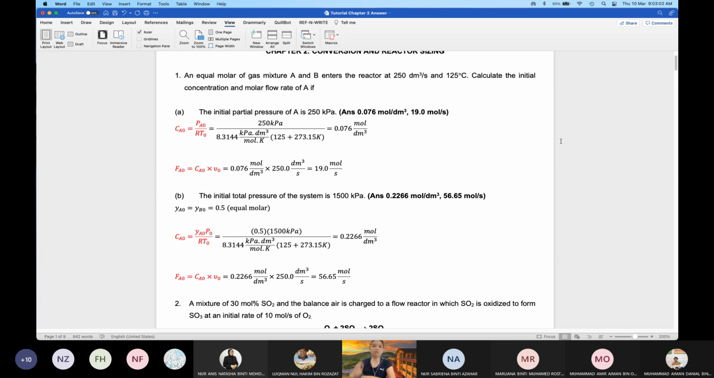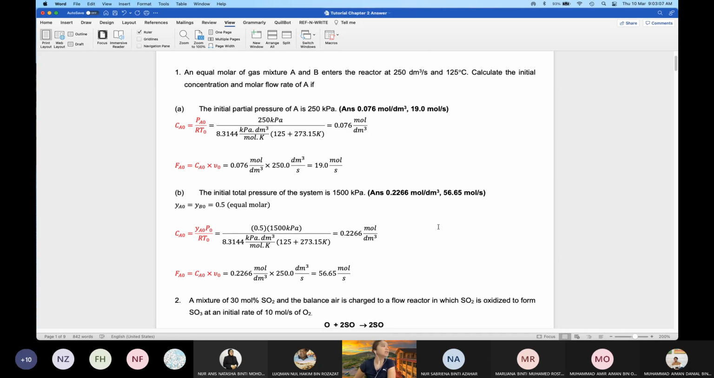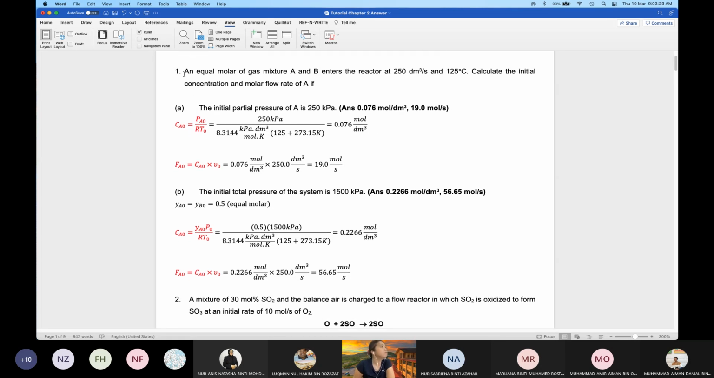Okay, so I will start the questions for this morning. I will read out the questions, and then I will explain the steps. Then I will give you a little bit of time, maybe 1 or 2 minutes, for you to do the calculation if you have the paper and the pen with you, and then I will proceed to the next question. Okay, so for the first question for this morning, we have an equal molar of gas mixture A